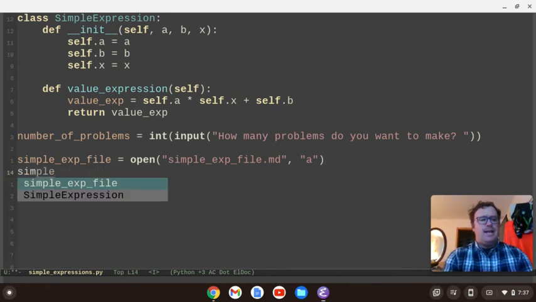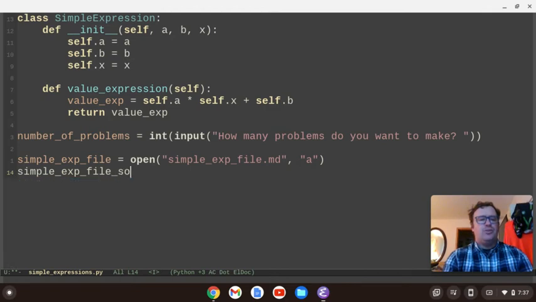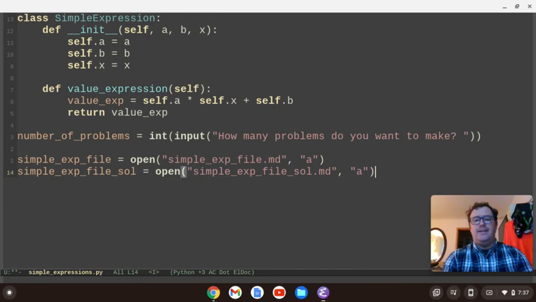And then I'm also going to have simple_expression_file_solutions, another file for our solutions. And I'm going to open a file, and you'll see my autocomplete is trying to suggest something to me. I want .sol.md. We want markdown, and we want to append to that one as well. Okay,